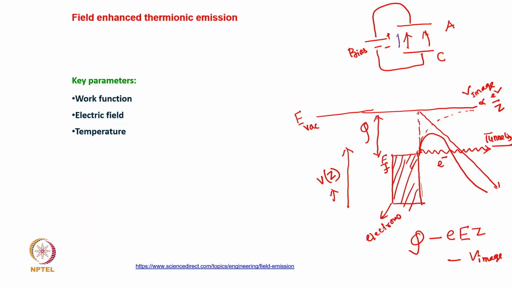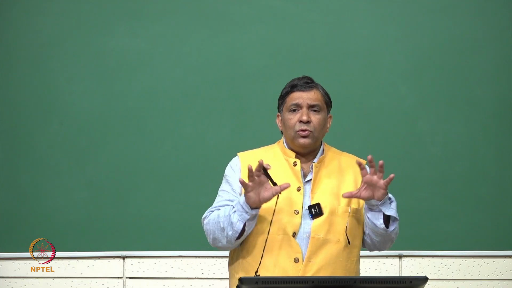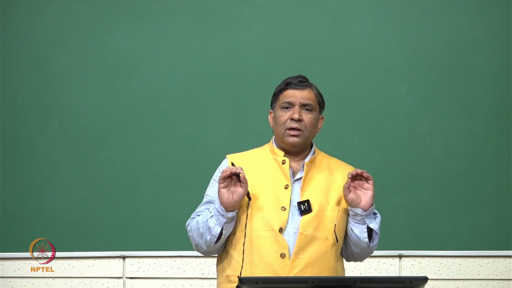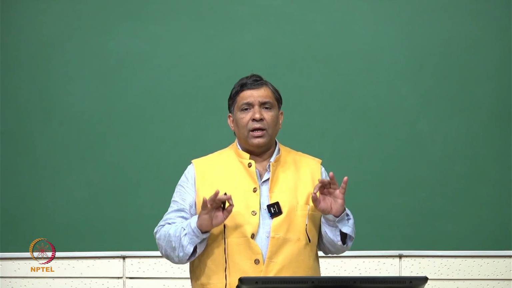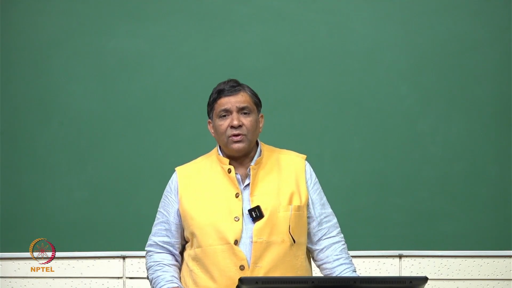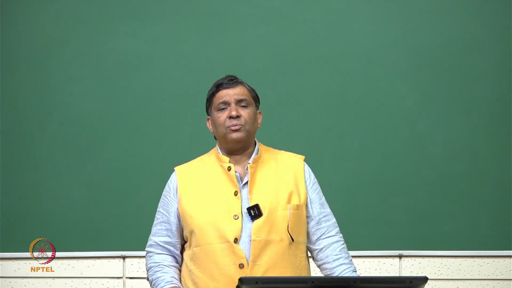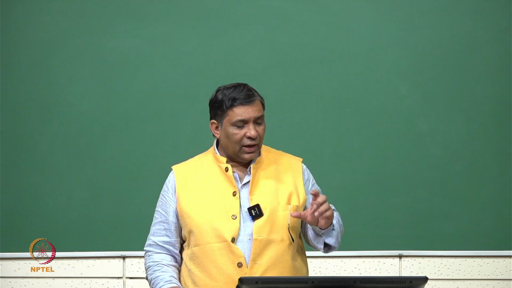Say electrons due to thermionic emission, and now we have these red electrons which are due to field emission. It is a very interesting process which we call field enhanced thermionic emission, and this is what these days people are looking for. Okay. So, what you do, essentially you make the same cathode anode environment, give a temperature to the cathode, and you allow this electron emission process. Okay. Apart from that, you also apply a field, electric field.